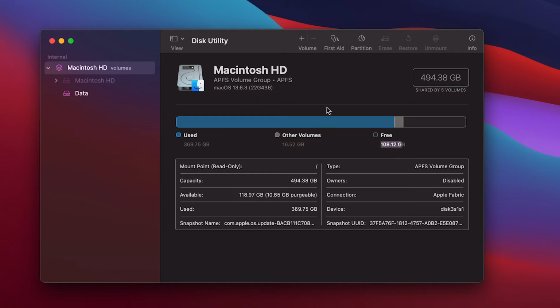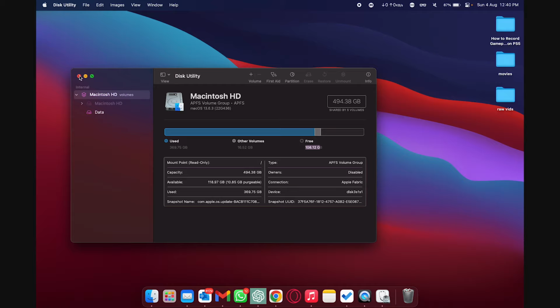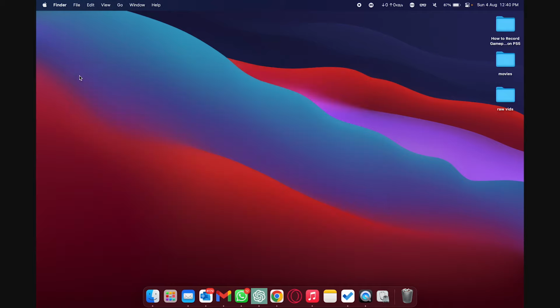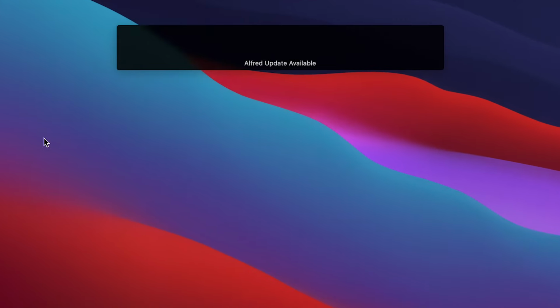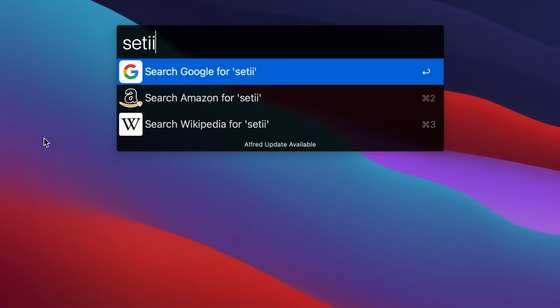So you should periodically check the storage on your Mac, because you may have forgotten to delete some files, or some files are taking space due to some unused apps. Anyways, in order to clean the storage, we're just going to close disk utility for now. Command Space to open Spotlight, open settings,